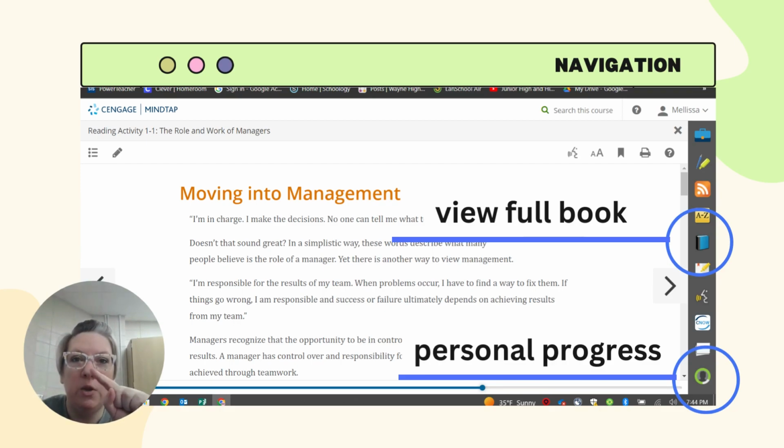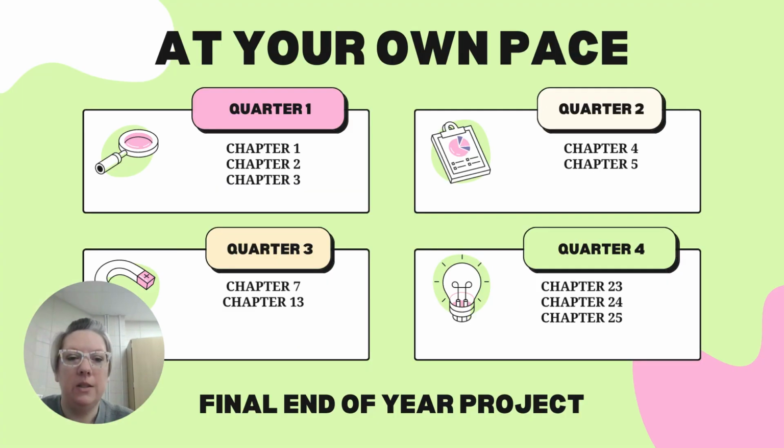and that will continue to grow as you're completing your assignments. And you can click on that and it will show you where you're at for your chapter as you're going through it. All right, so like I said, this is at your own pace. Some of you are needing to make up credits. Some of you are on track and you're just trying to keep up with where we are in